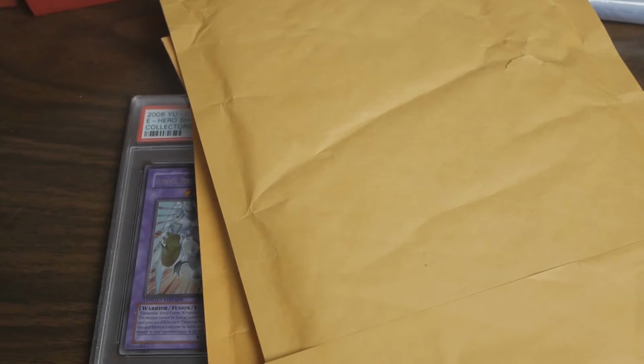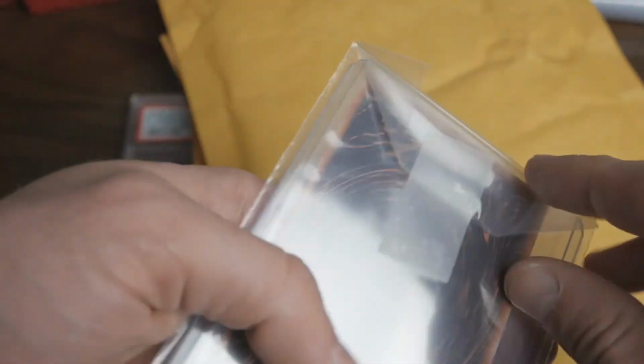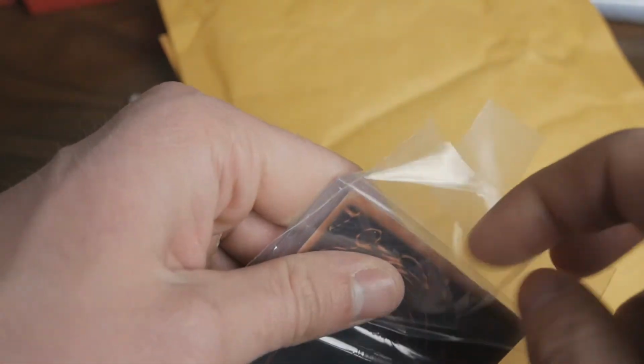I believe these are all singles. Oh, okay, I remember this. So, I don't remember. I bought a couple more God cards. I think maybe you've seen last week we got some God cards. So this is a Slifer